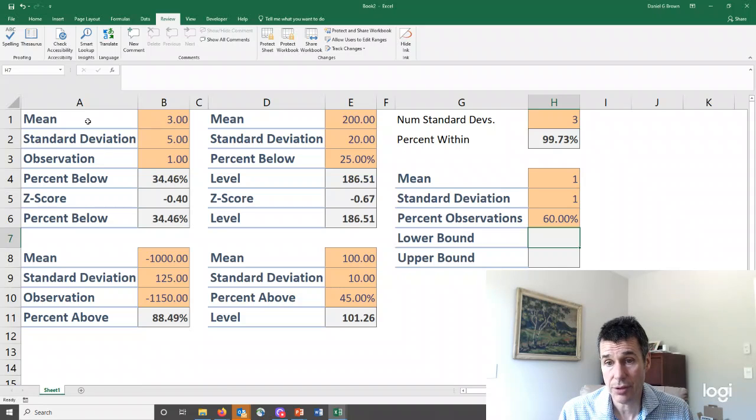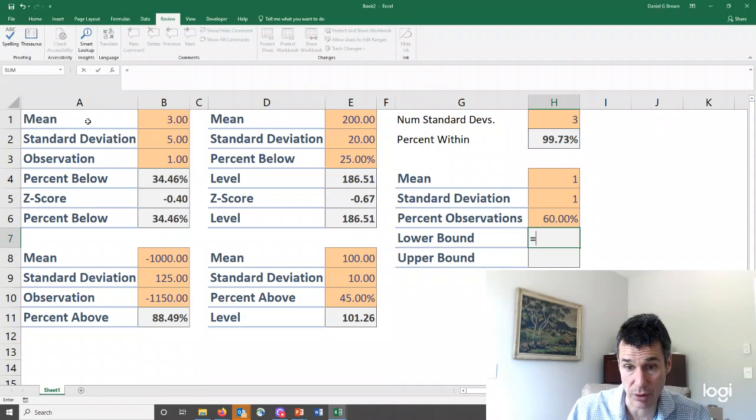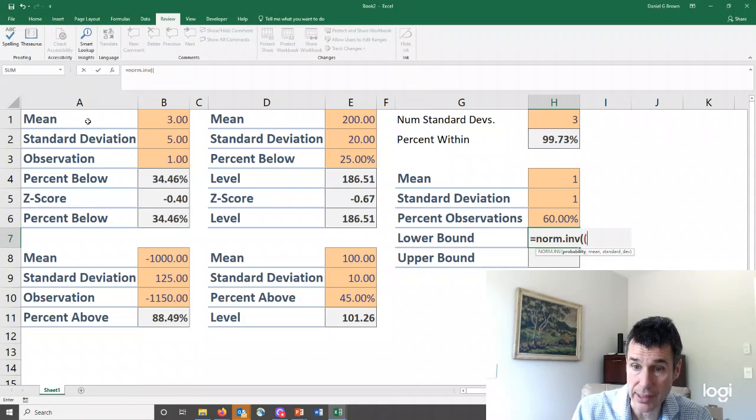Okay, last, we want to find the range around the mean, centered at the mean, for which 60% of the observations fall within. Okay, well, 60% fall within, and we're centered on the mean. That means 40% fall without, which means 20% are below this lower bound, right? Half of the 40%. So we're going to use norm.inv of 20%. So let's see, how do we calculate that? We're going to calculate that doing 1 minus the 60% over 2, right? Half of what's outside, comma, the mean, the standard deviation,